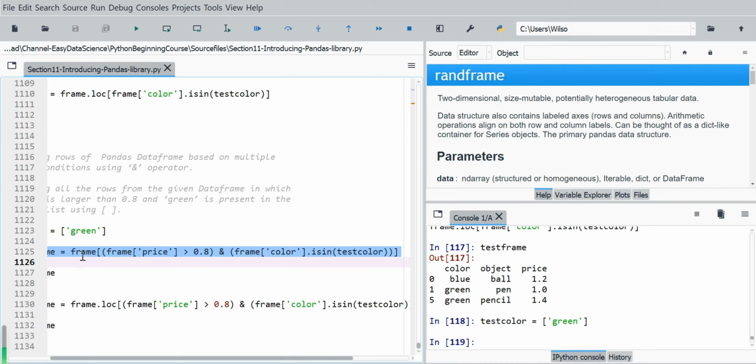So frame, brackets, for the selection. Inside the brackets, there are two conditions, combined with the AND operator. The first condition is frame price column larger than 0.8, and we use parentheses to make it clearer. The second condition is frame color column dot isin test color. Then we also use parentheses for this condition. So the result